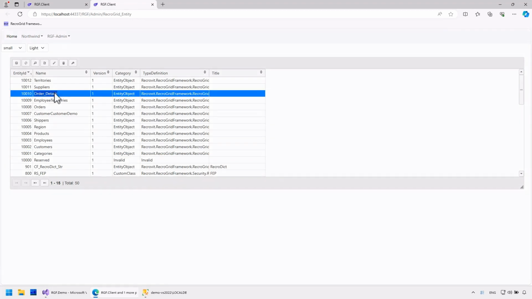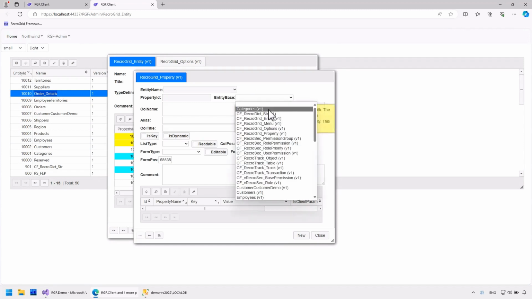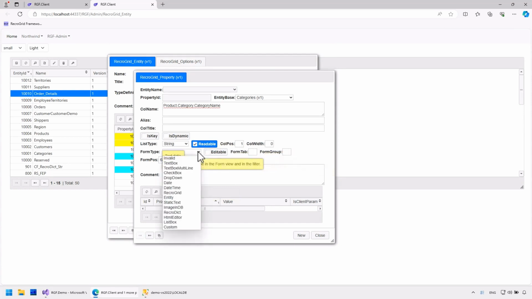I open the settings of the order details entity and add a new property. The entity base will be categories, and the column definition will be product category category name. Its type is string, accessible to everyone, and it should appear somewhere in the first column. The form type is text box, allowing filtering, but the form tab is set to 0 because it doesn't need to be displayed in the form view.